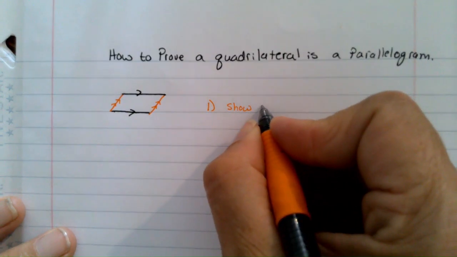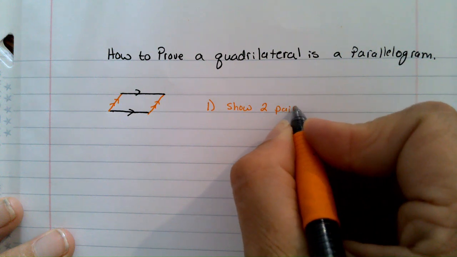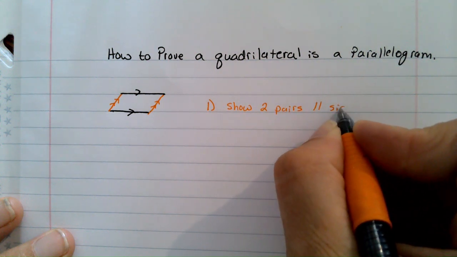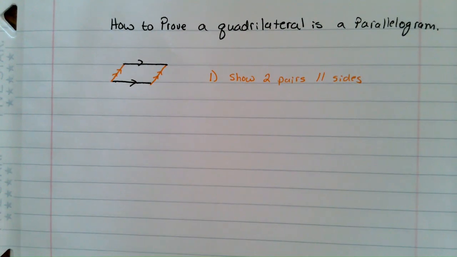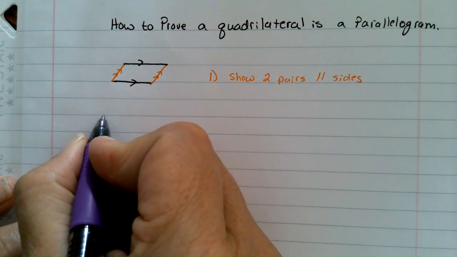Show/prove 2 pairs of parallel sides. Okay, well, what if I don't have that information? Okay, that's fine. The next thing you could do, your next option,